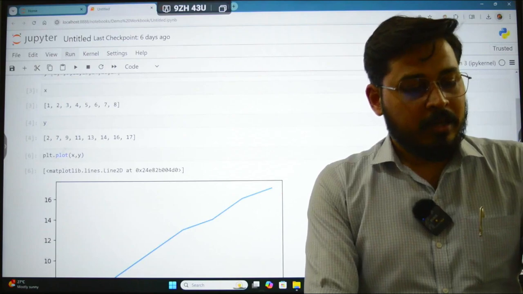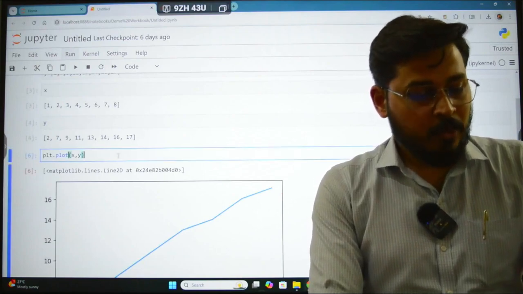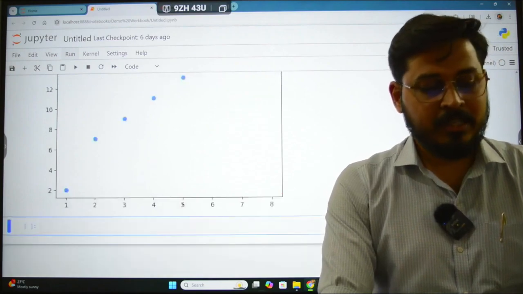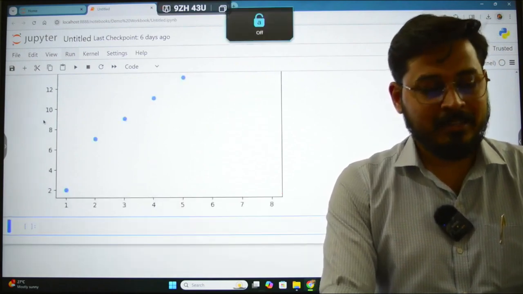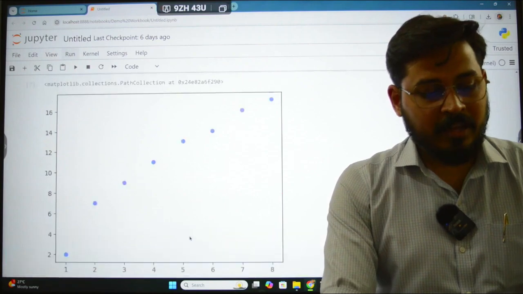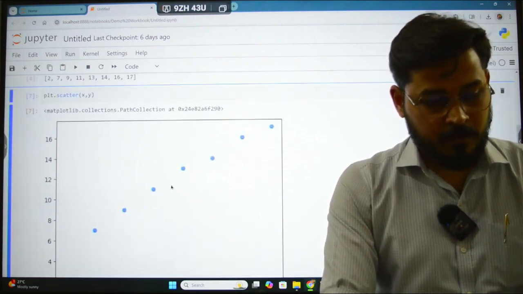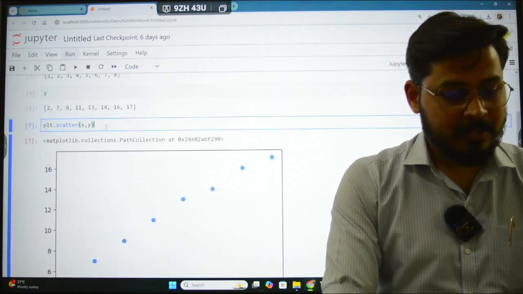Okay, in that PDF they have used the scatter plot. So if I make it a scatter again, it will look like this. Right now you can see that there is no x axis label or y axis label, so I will give that as well. So how to give that? I'll say here